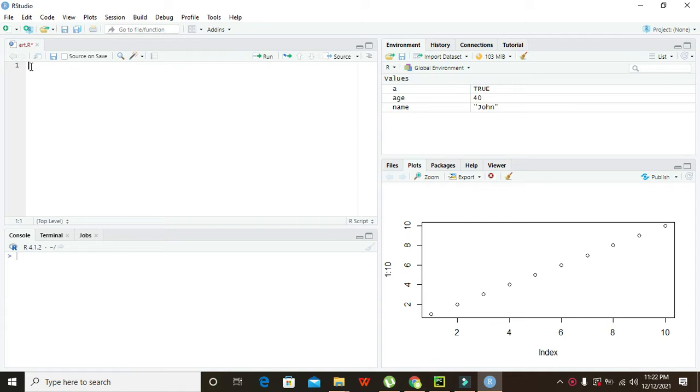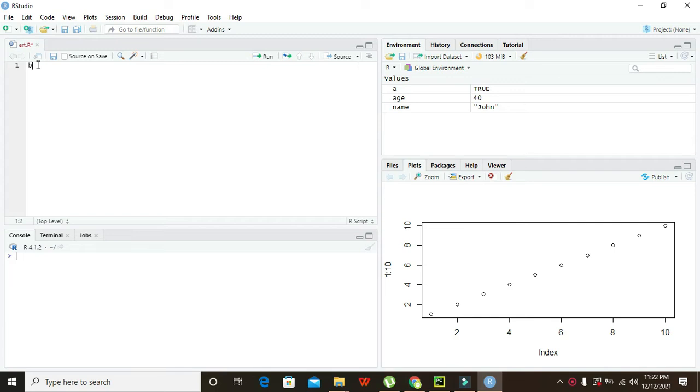So in this video tutorial we will learn how to find the data type of a variable within RStudio. How can we do that? First of all, you need to store a value within a variable. So how can you declare a variable? Just write any random word or a letter like A, or if you want, B. Okay, let us suppose that we have written B.